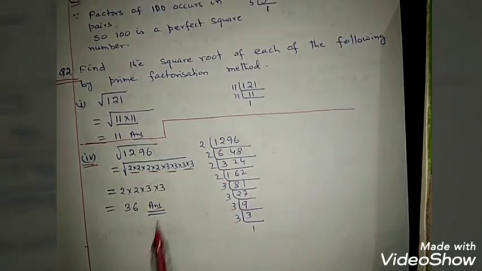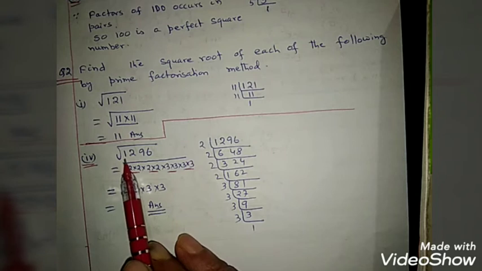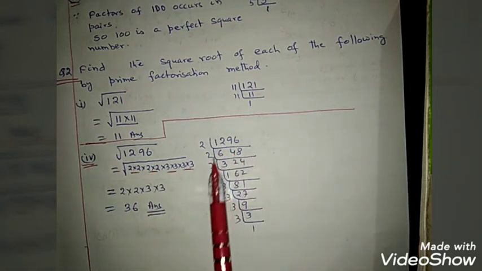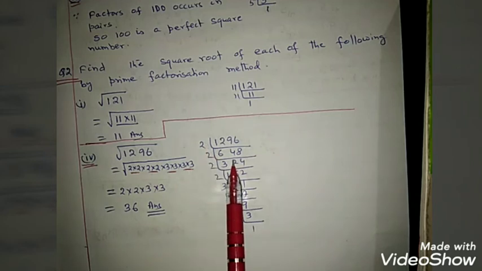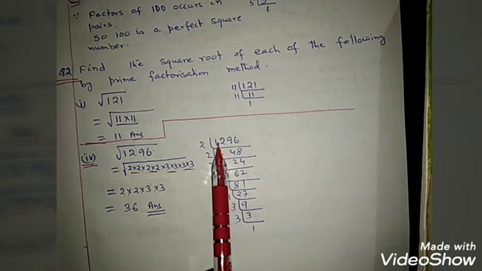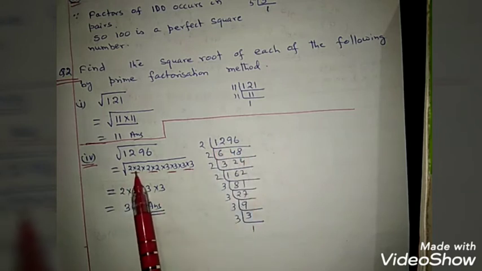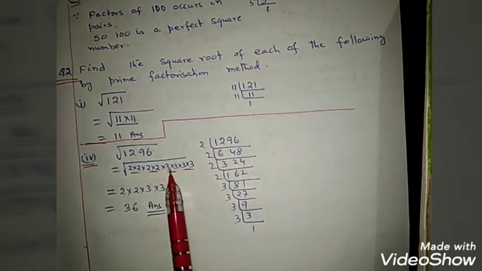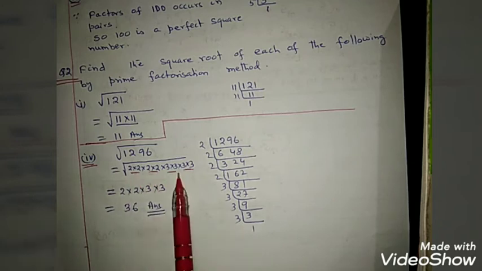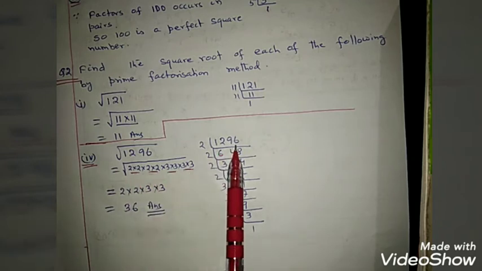Take one more question. We have to find out the square root of 1296. So find out the factors of 1296. We have calculated the factors of 1296 as per this given example. You divide it, and finally you will find that the factors of 1296 are 2 into 2 into 2 into 2 into 3 into 3 into 3 into 3. You will find that there are 4 2's and 4 3's, which I have written here. So those are the factors of 1296.